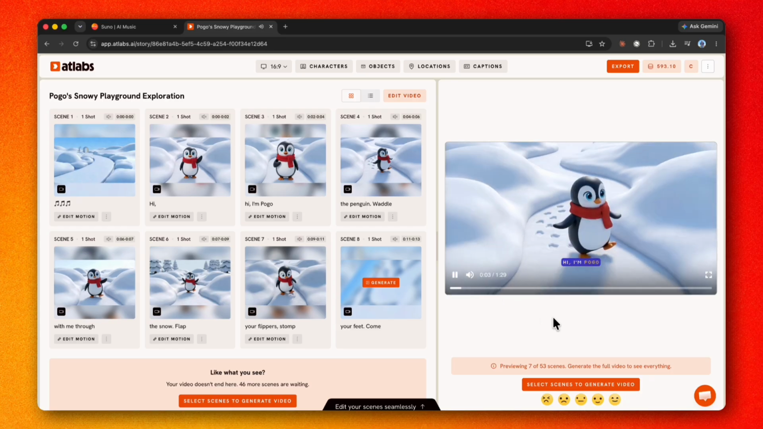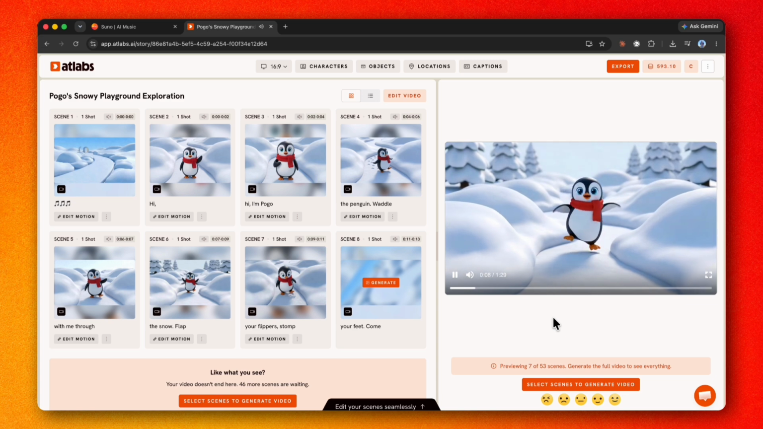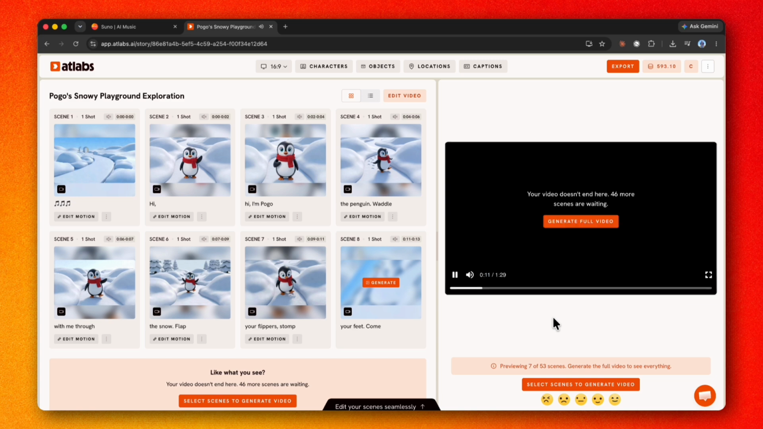Hi, I'm Pogo the Penguin, waddle with me through the snow. Flap your flippers, stomp your feet. Come on, friends,